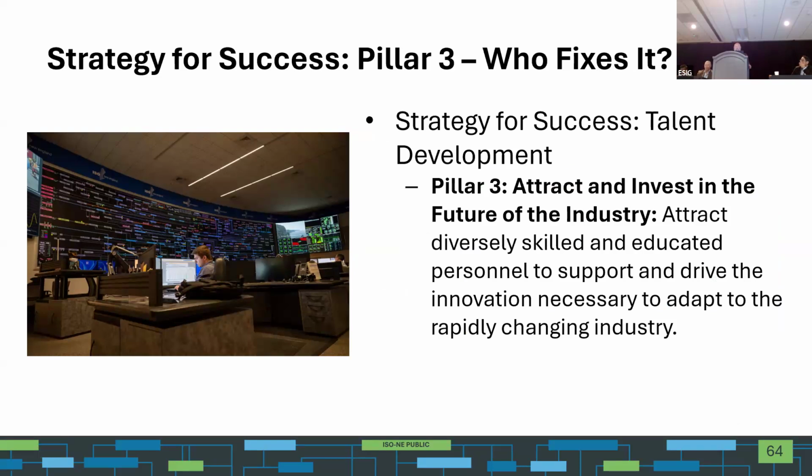And that's important to us as ISO New England, but in the industry overall. If we don't have these people out there developing the tools that we can utilize, we are doomed to fail, and we will not have the tools we need to succeed in these highly variable situations.